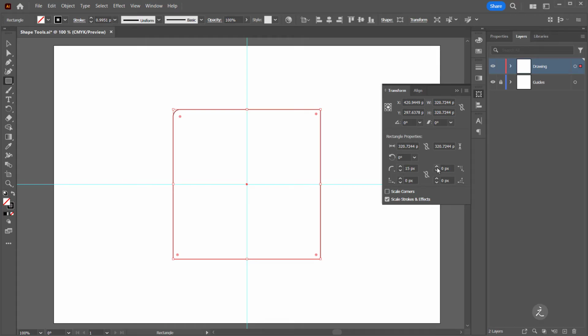I'll set the top right corner radius numerically to 60 pixels, and also change the corner type from round to inverted round. For the bottom left border radius, I'll set that numerically to 120 pixels and change the corner type from round to chamfer. So many great options here, all with using the rectangle tool.